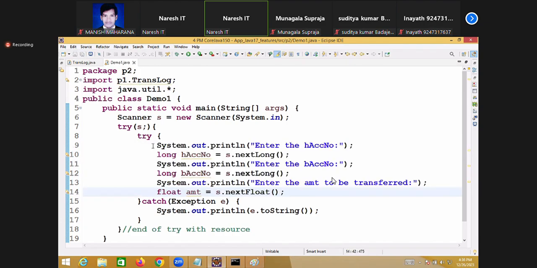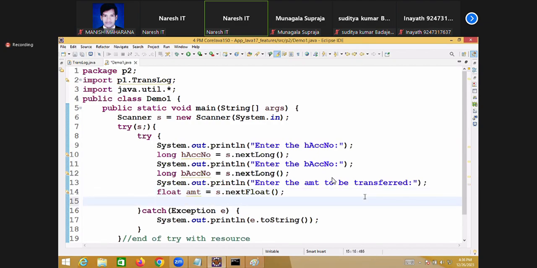Already on the day I'm reading the same thing now. Now create the object: Translog ob equal to new Translog. I'm creating the object by using the new keyword, and I'm passing parameters: home account number,